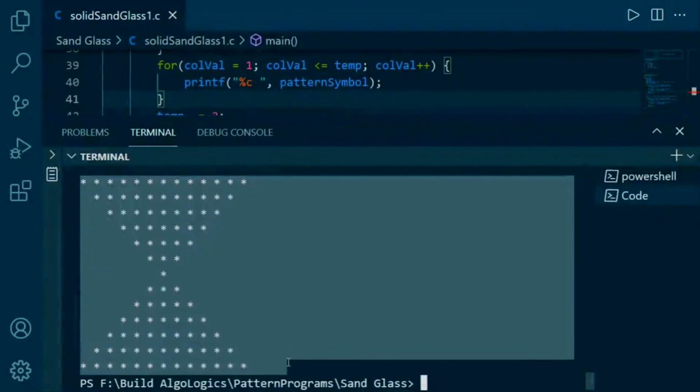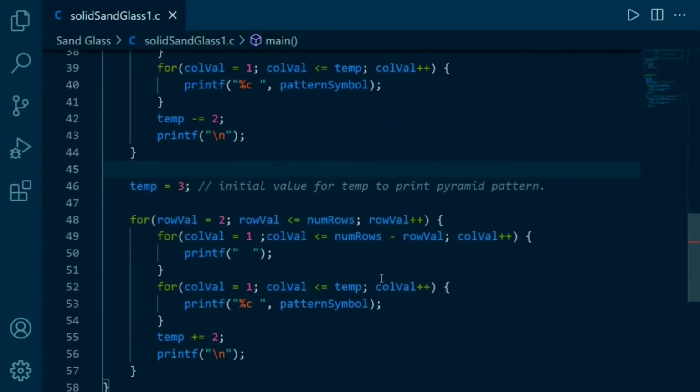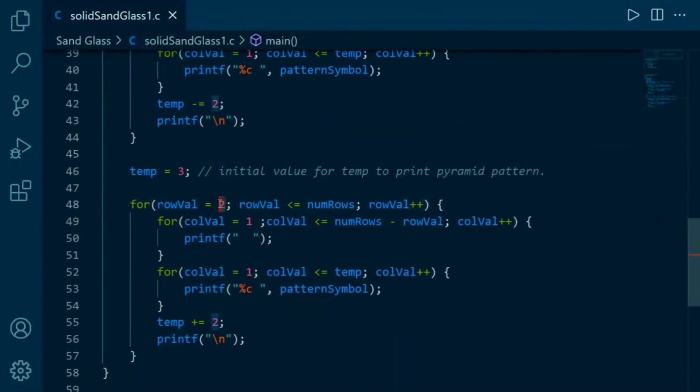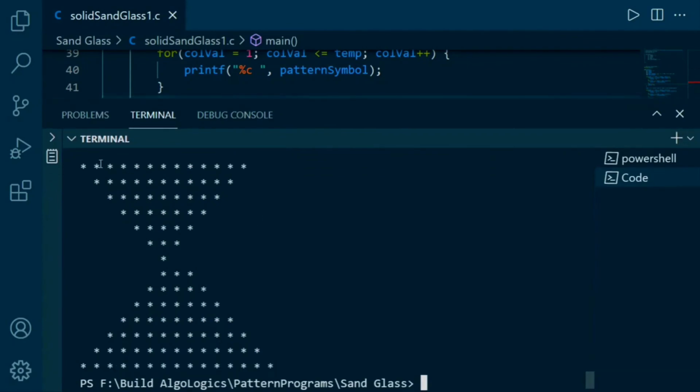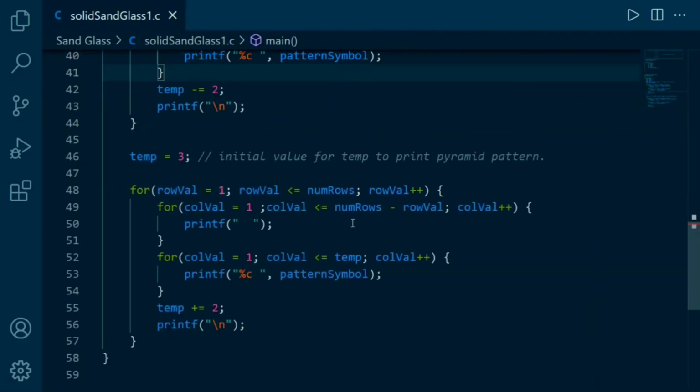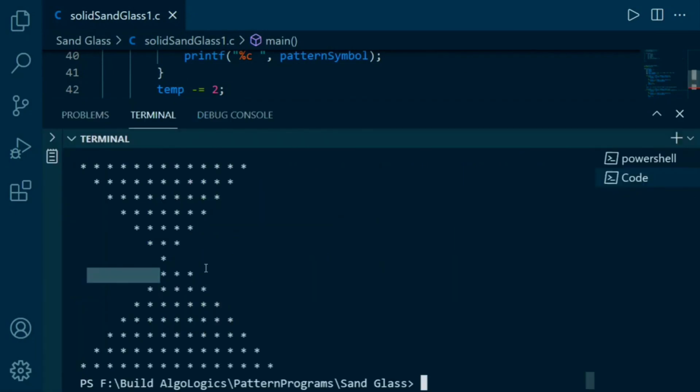One side note, instead of starting it from 2, you can also subtract 1 from here, but then you have to make some changes in this part. Let's first see what output we are getting. Yeah, we get this output because in our previous method this loop prints 5 spaces, as this row at that time started from 2, and this is what we wanted here.